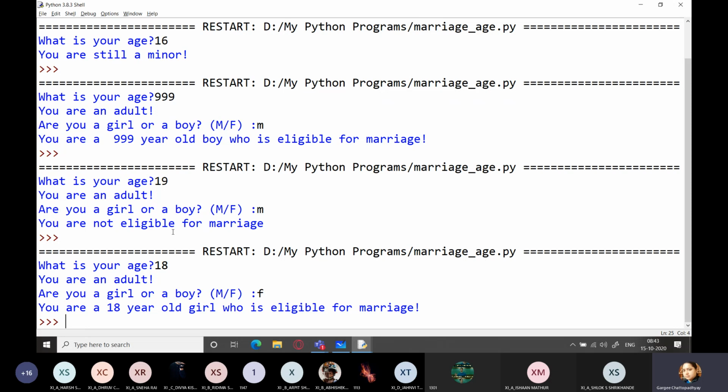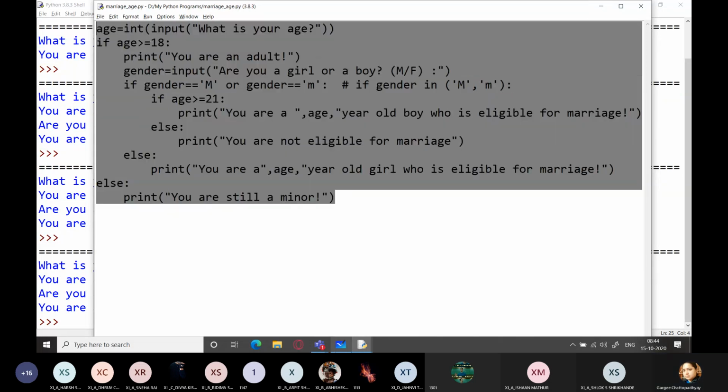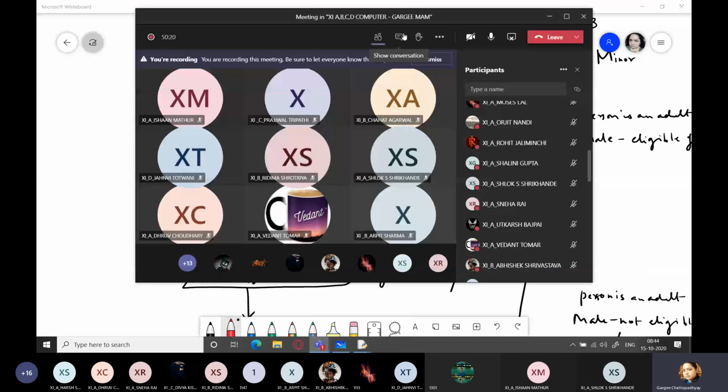The article went wrong over here. It should be an if it is 18. So you can again use a/an over there, right? So is this program clear to everyone? How you have to do it, right? I will be sending it to you through chat. So just check your chat boxes, everyone.